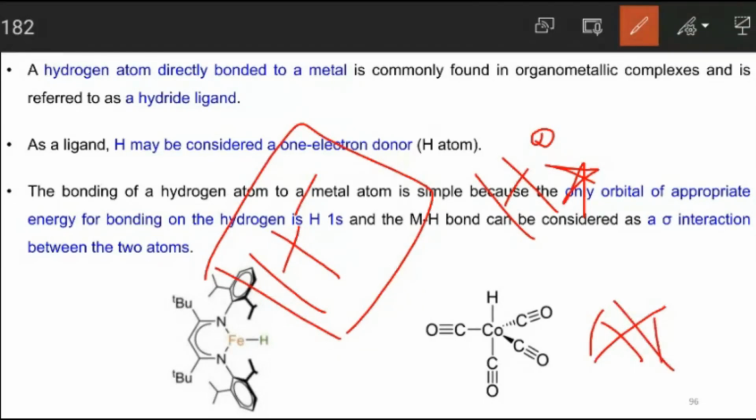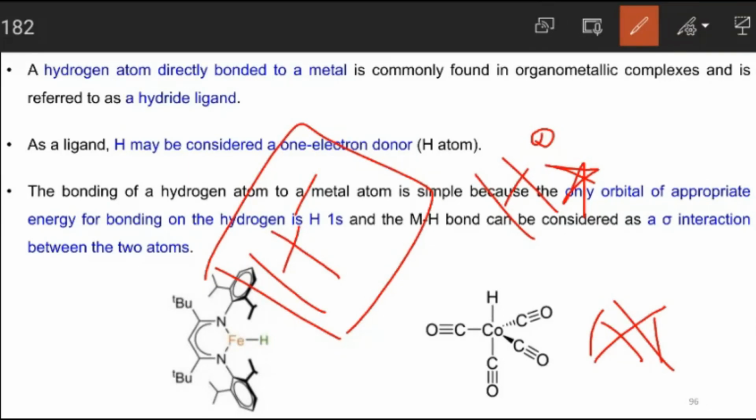Not even an anti-sigma bond. No anti-bonding orbitals are available. Therefore, the hydride ligand is a strong sigma donor ligand, but it doesn't have any pi accepting nature. Doesn't have any pi accepting nature, and still it is actually called a pi accepting ligand, and that's how